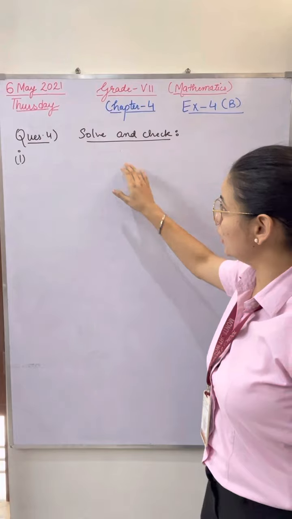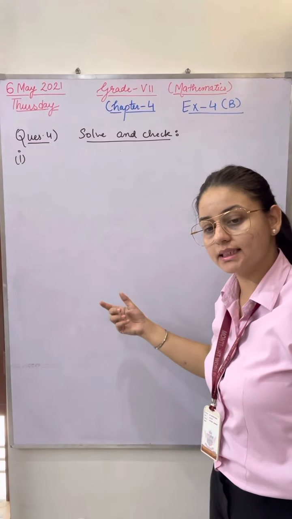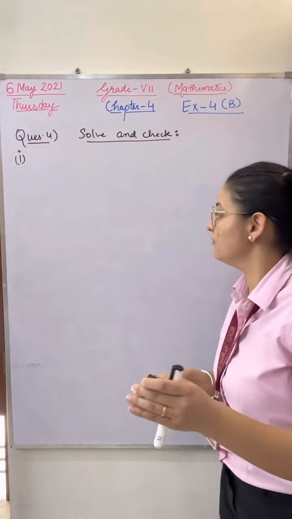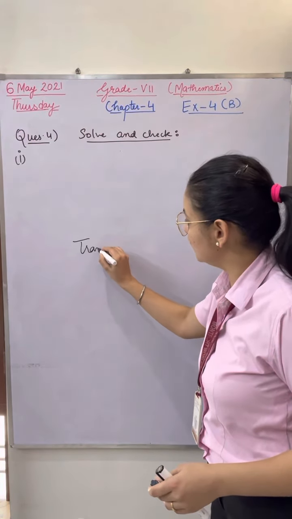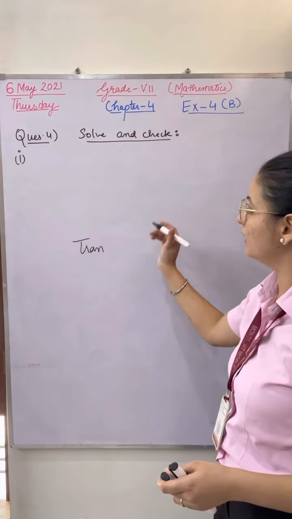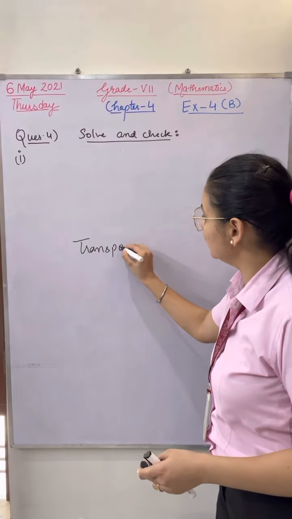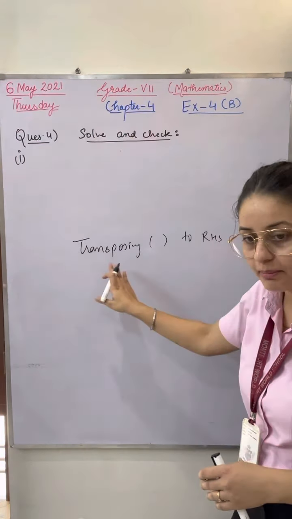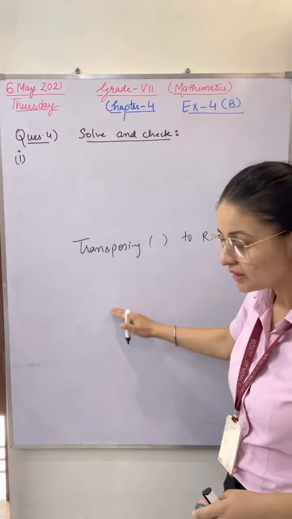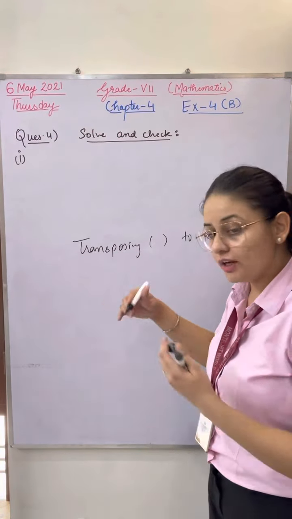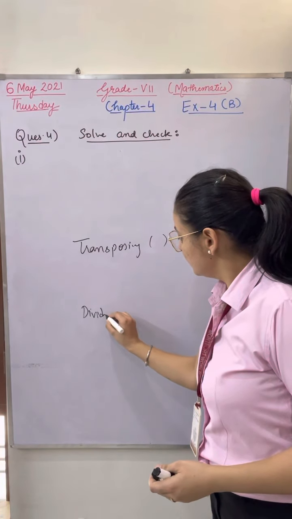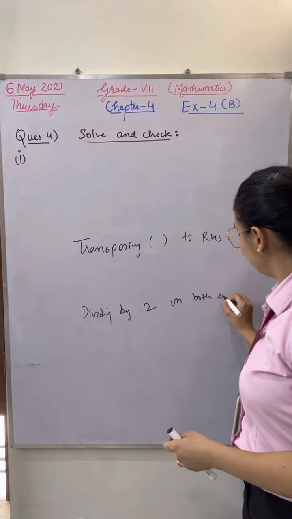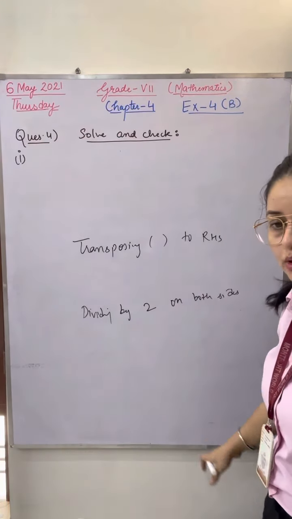Okay, so in this question you have to solve the question one by one. You have to apply the steps. Like yesterday we have discussed how we can apply the steps. If you are shifting any value from here to there, you have to apply transposing that value to the right hand side. Okay, you have to implement this step and then go with the step. After that, if you are applying division, dividing by suppose 2 on both sides, you have to mention the step and then go with the question.